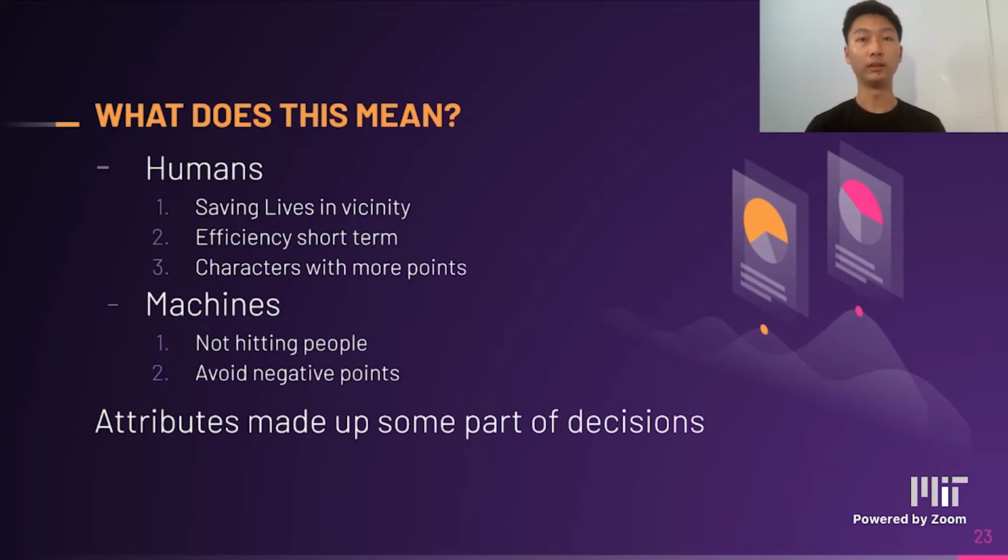So what does this all mean? From watching participants play, we noticed they were mainly concerned with bringing people to hospitals as it was the main objective of the game, not paying too much attention to the attributes of the people. They usually prioritized the people in the vicinity of the ambulance as it would be most efficient short-term with limited turns. However, when faced with two different characters similar distance away, people usually chose the character which provided more points.